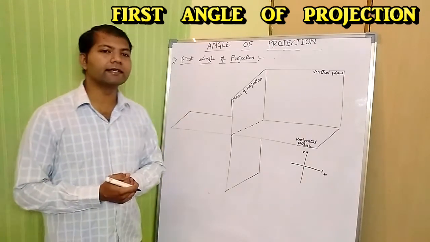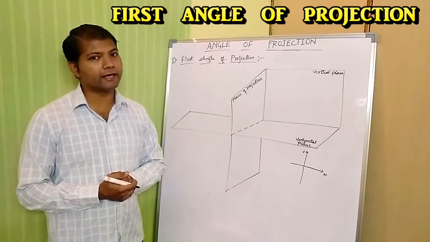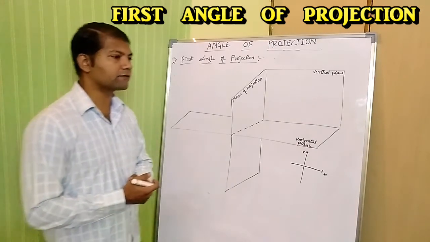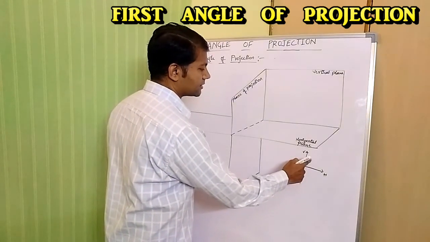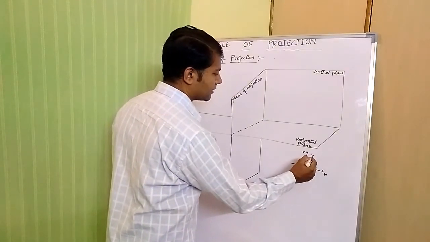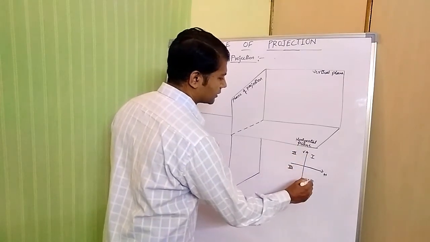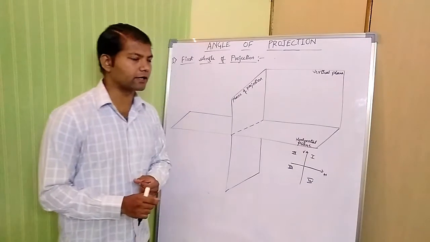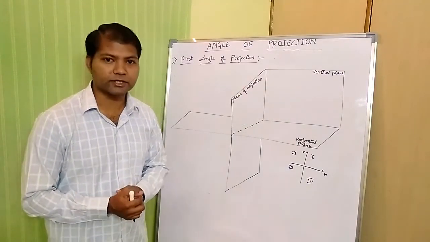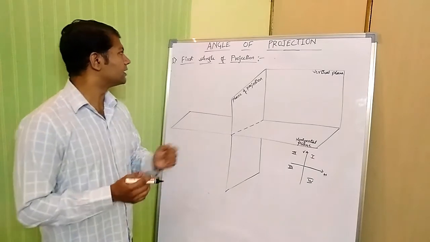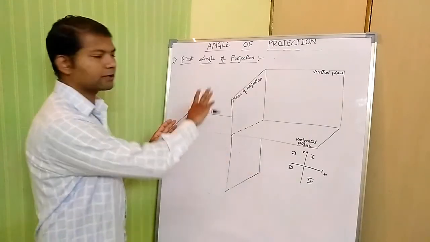You have already seen in engineering, and also in your school days, you have learned that there are four quadrants. I can take here just as an example, the first quadrant, the second quadrant, this is the third quadrant, as well as this is the fourth quadrant. So with respect to these quadrants, we'll be starting with the first quadrant as the first angle of projection. So here for the first angle of projection, I have taken an arrangement with respect to the planes.